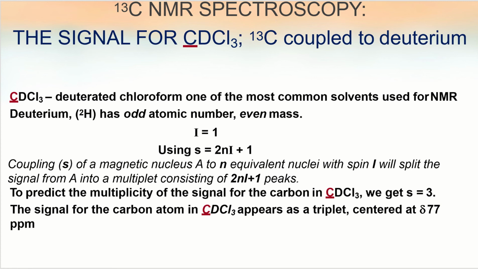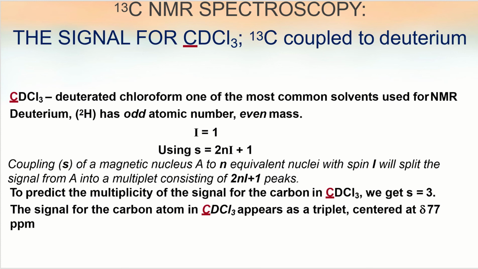equal to 2NI plus 1. So coupling of a magnetic nucleus, for example carbon, to N equivalent nuclei with spin I will split the signal from A, which is for example carbon, into a multiplet consisting of 2NI plus 1 peaks. And so to predict the multiplicity of the signal for the carbon in CDCl3, we get S